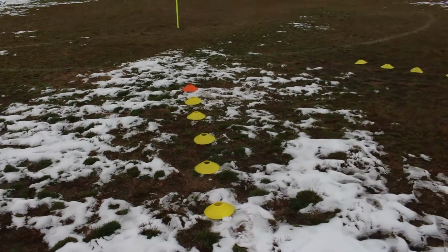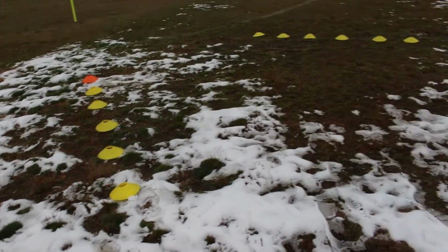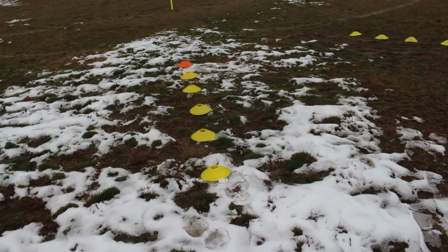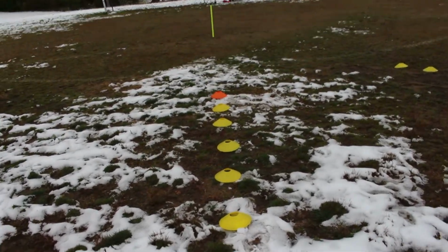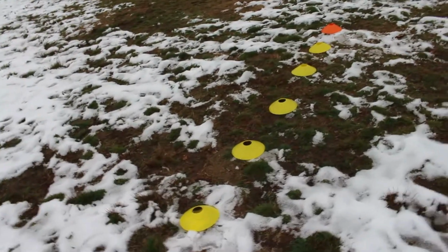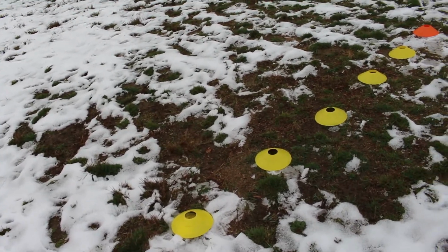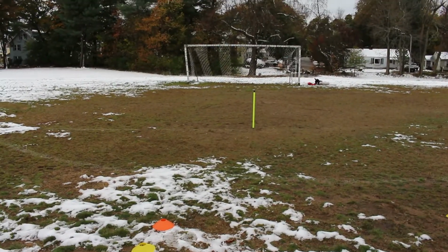All right, so much like what I do on TikToks, I kind of walk through these drills prior to actually doing them. So that's what I'm going to start doing now. This is a drill where on one side you're going to have ball work. So you'll do your typical in-betweens, toe touches, roll stops, and basic ball work through the cones with a simple pass down to the